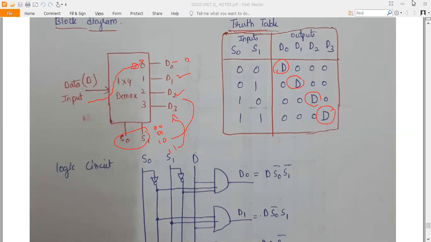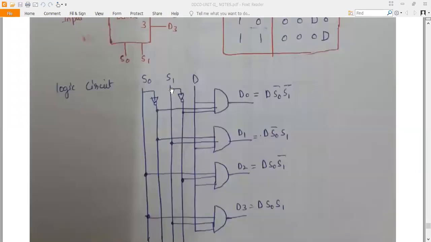So again, the diagram will be similar. Here you can see the diagram. Now here you have to take the 2 lines S0, S1, and the other very important thing is that you have to take D as well, because the input D is also there. S0, S1, D. So the D input will always go to all the AND gates, right?